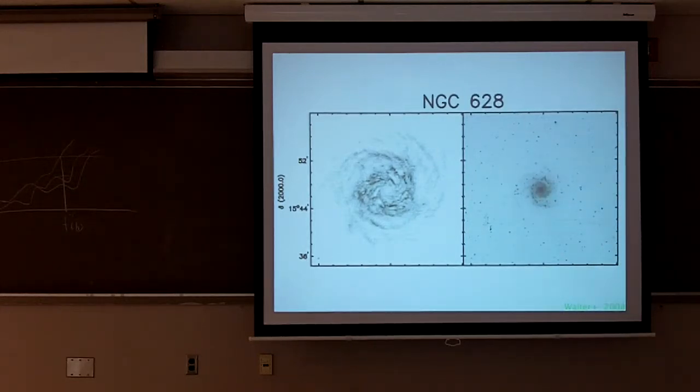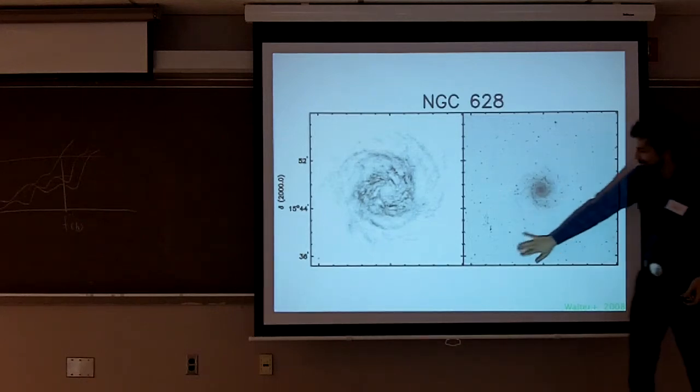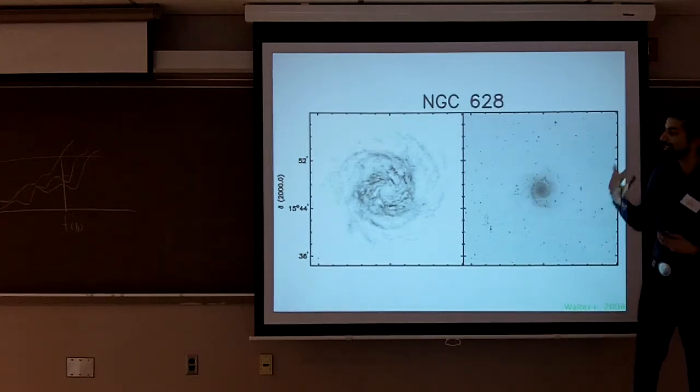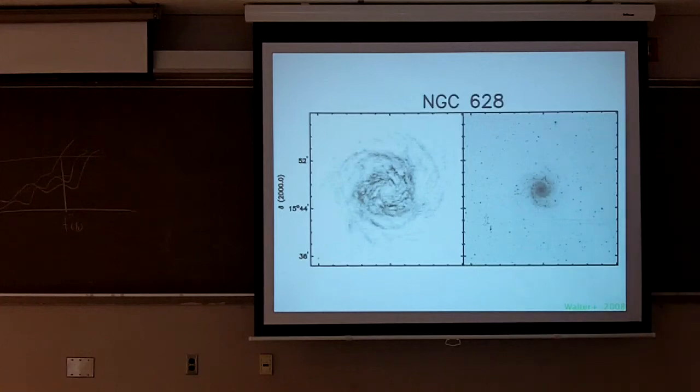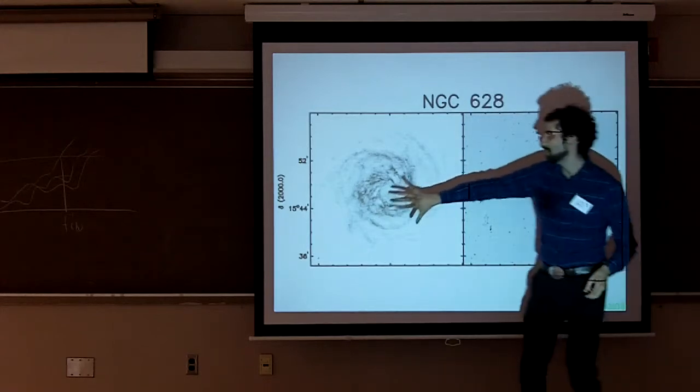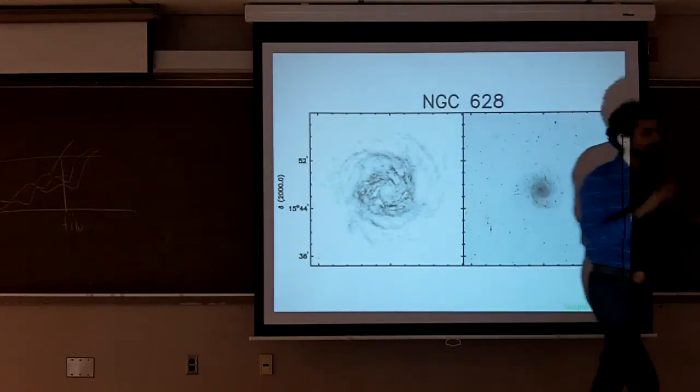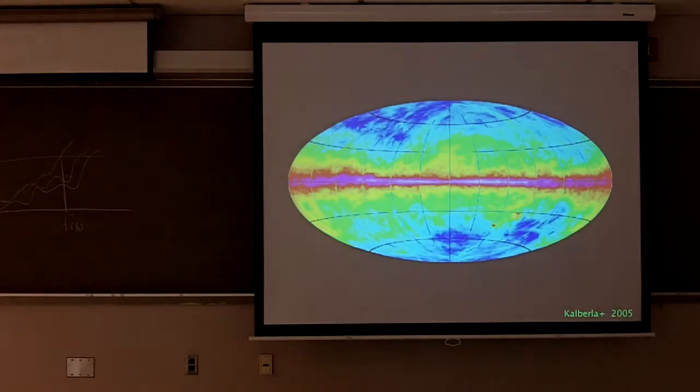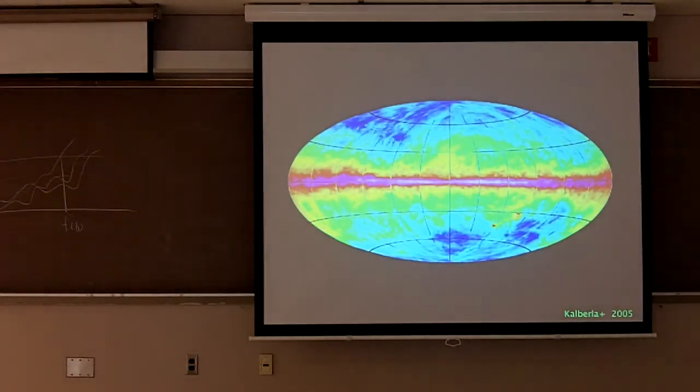So if you're looking at NGC 628 from where you sit, it kind of looks like a thing. There's nothing over here, there's nothing over here, there's nothing over here, and then there's a thing in the middle. Now it's not as thing-like, it's not as object-like as a star, which is really a point in the middle of nowhere. But if you pointed your telescope over here, you really wouldn't see anything. So at least it's a contained object. Well, that simplicity goes away when you're talking about our galaxy.